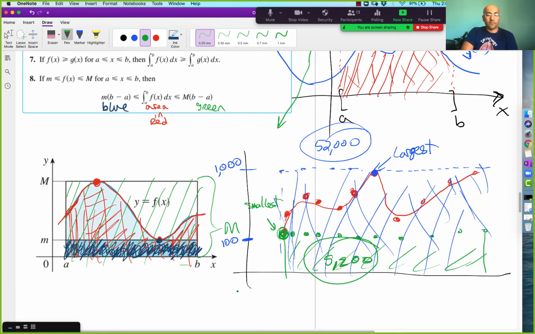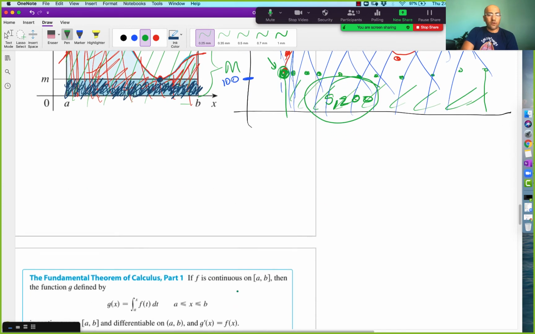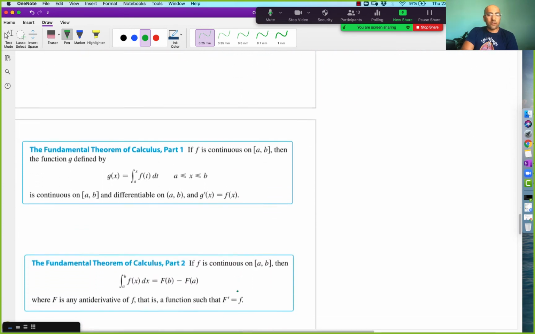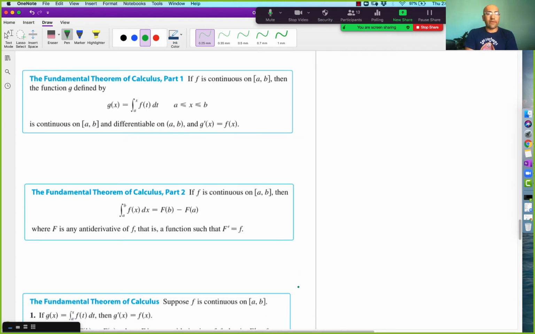Good. Okay, so again, there are some nice examples in your book about this, so you can go look those up. I'm going to move on to the fundamental theorem of calculus. And as the title suggests, it's very important to calculus. It's in fact fundamental to calculus. And it's kind of a weird little description, right? So